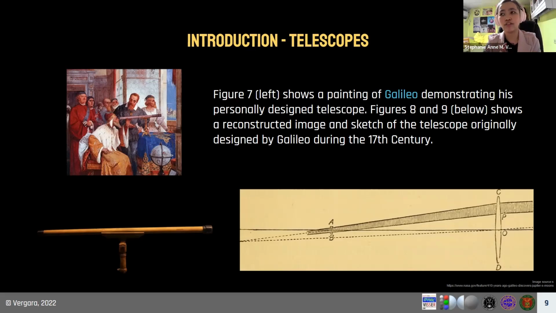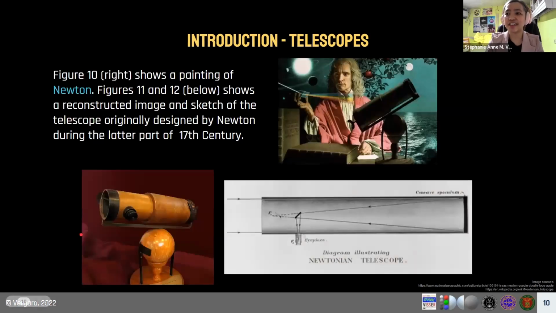Another problem of Galileo's design was that the field of view is very small, as can be seen from figures 8 and 9, since it is dependent on the size of the lenses used. This problem prompted early astronomers to construct bigger and longer telescopes for better magnification, but this was accompanied with more aberrations. So it wasn't until 1668 when Sir Isaac Newton, who was at that time working on